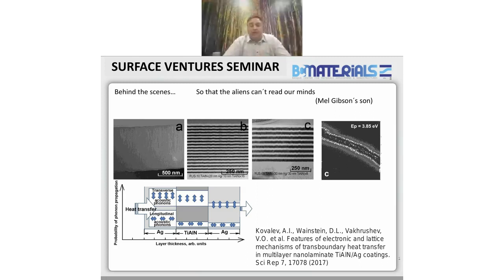So, some recent work that I have done, well, if we think about foils, membranes, and laminates as the ultimate expression of a coating, or a coating without a substrate, I think obviously we can open up a number of applications that are very interesting to us. In my case, I found myself collaborating with some colleagues from the Institute of Material Science in Madrid and some colleagues from an institute in Moscow, working on these multi-layer laminates that help to reduce the thermal conductivity quite a bit. And the way this is achieved basically is by